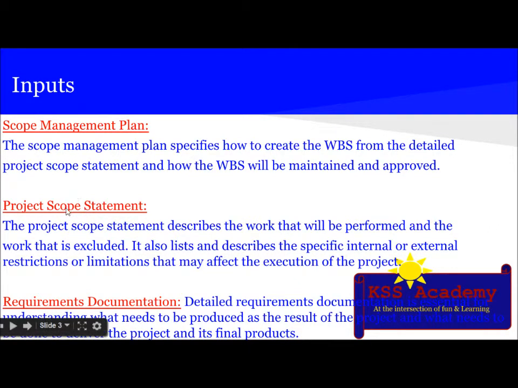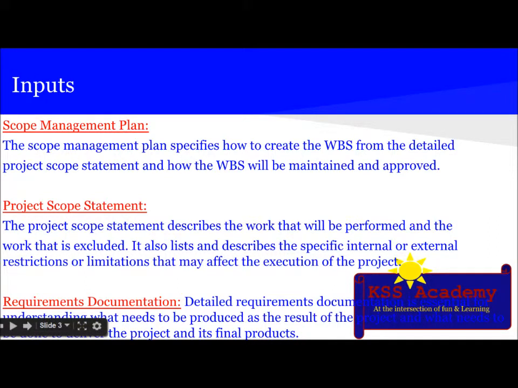If you want detail about this, you can go back to my channel and watch the tutorial which talks about define scope. The project scope statement describes the work that will be performed and the work that is excluded. It also lists and describes the specific internal or external restrictions or limitations that may affect the execution of the